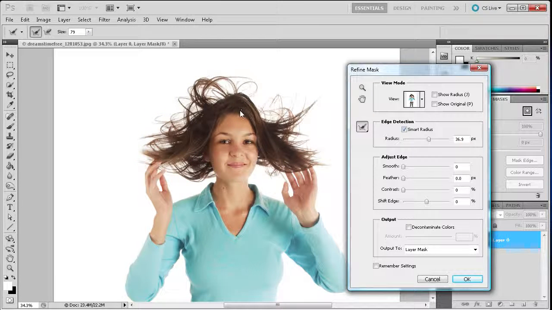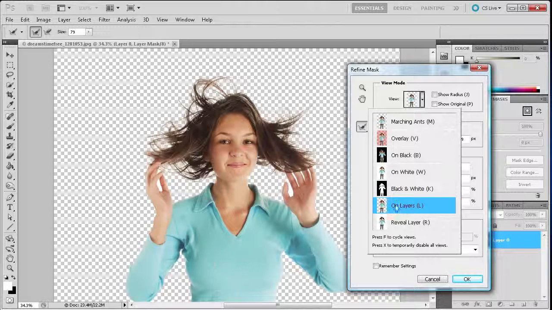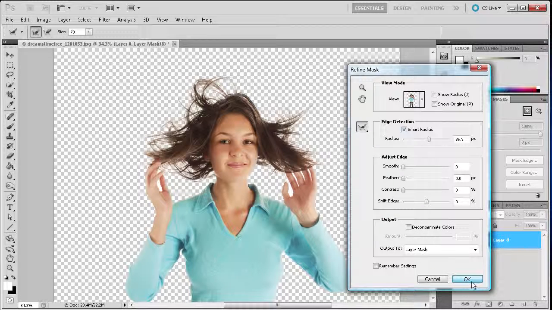Now you're not going to see any difference right here, but once you change your view to, say, the black and white mode, you can see that we have a much better selection of the hair. And if you go back to the On Layer mode, you can see that we have an even better selection. So I'm just going to click OK to apply that, but before I do, I can just mention that